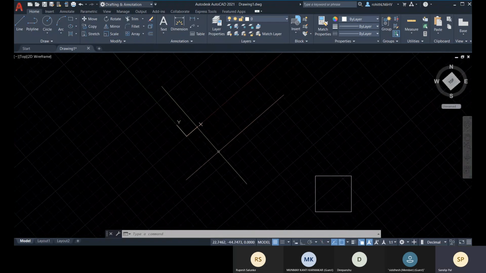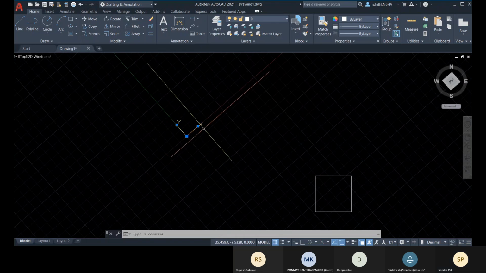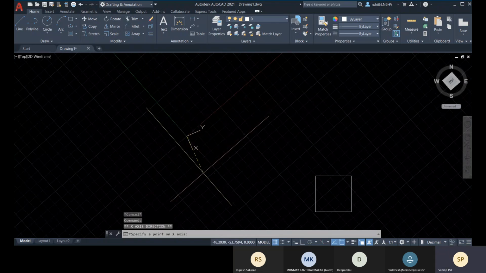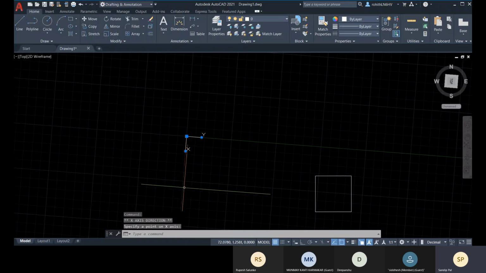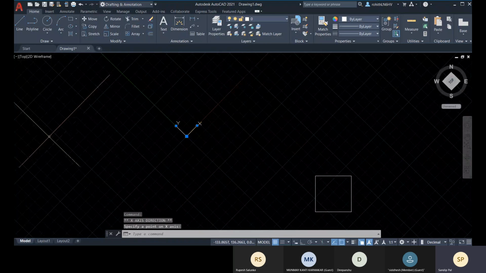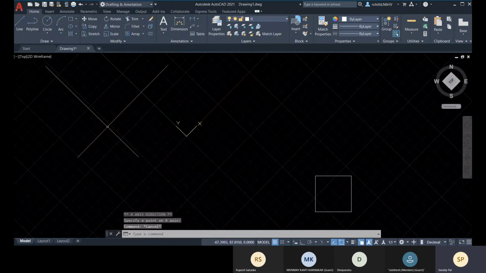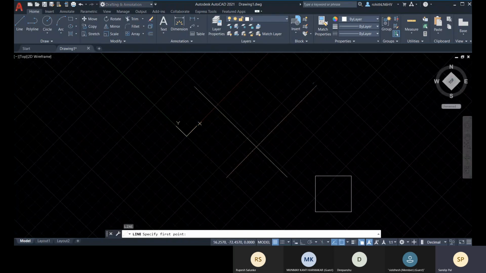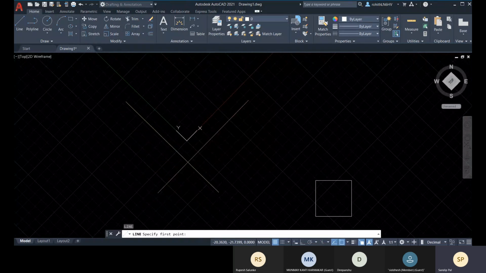Okay, so now let me create another line there. You can do it. Let me create another line so that you can understand that this coordinate works according to your UCS.